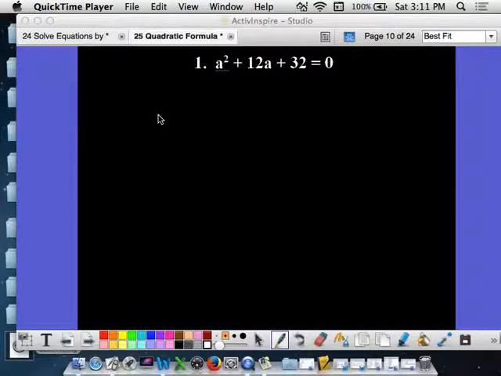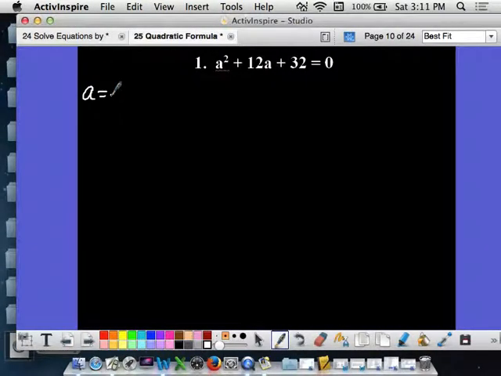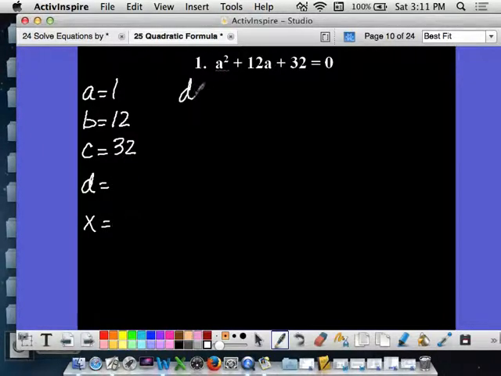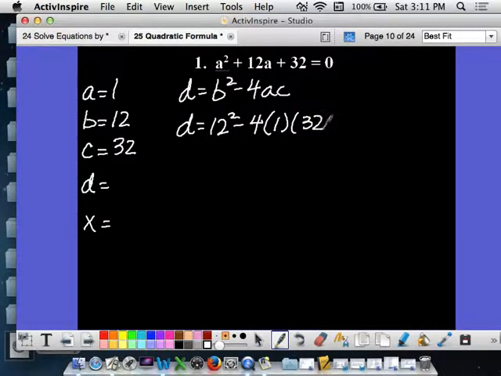The first thing you're going to do is set up your A, B, C, D. I know that A, the coefficient of A squared, is 1. B, the coefficient of A, is 12. And C, the constant, is 32. I'm looking for the discriminant, and I'm looking for X. So we start with the discriminant, which is B squared minus 4AC. So the discriminant is 12 squared minus 4 times 1 times 32. When you calculate that, you'll see that it's going to equal